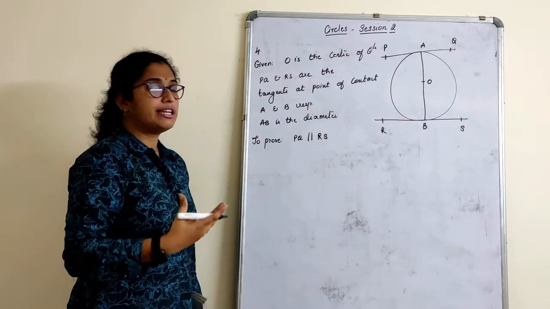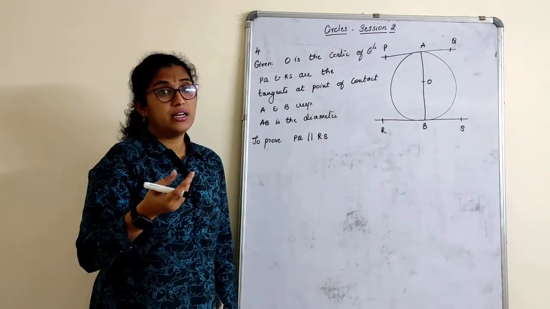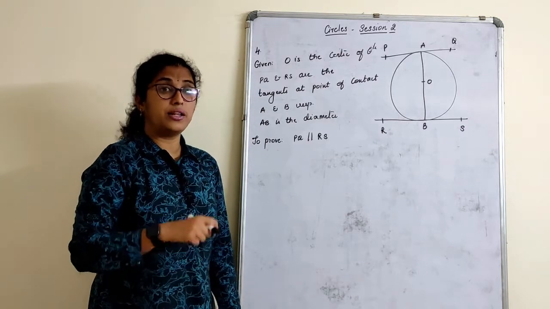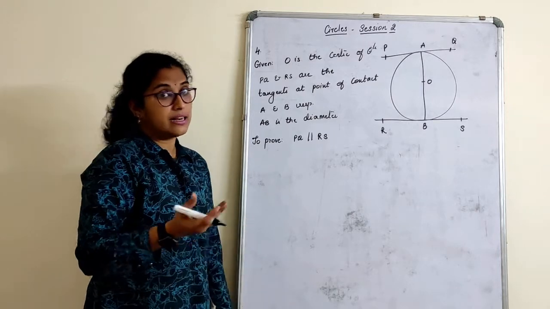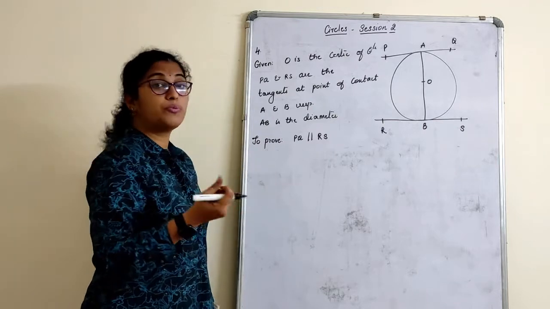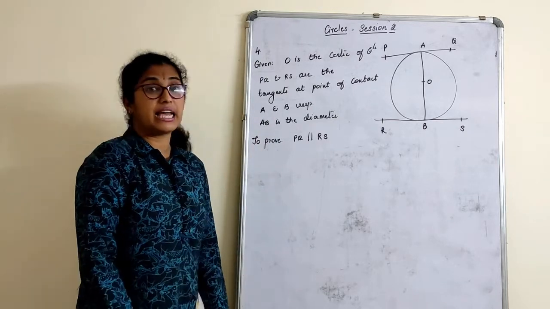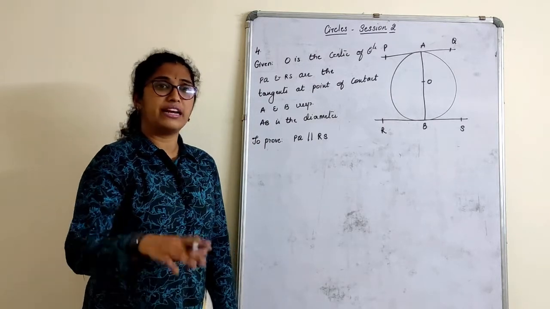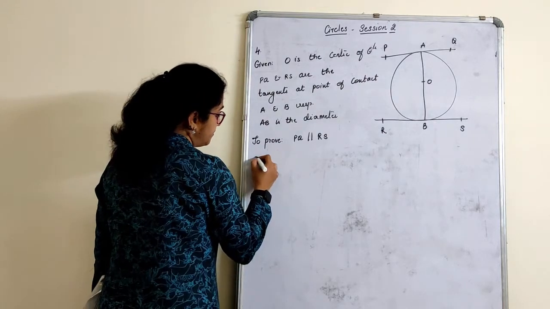Can you recall in your 9th standard, how do you prove that the given lines are parallel? Converse of the theorem, right? If a pair of alternate angles are equal or if a pair of corresponding angles are equal, the lines are parallel. Simple converse of the theorem. Similarly, here we have to prove alternate angles or corresponding angles. I don't think corresponding angles can come here. That means you have to prove a pair of alternate angles are equal, and if you prove that, the given lines are parallel.